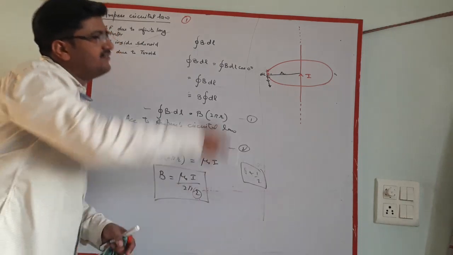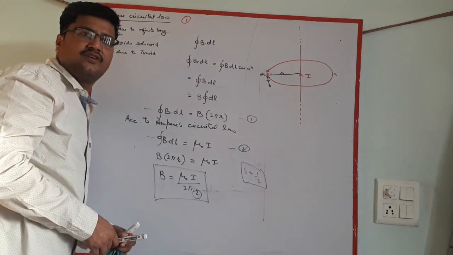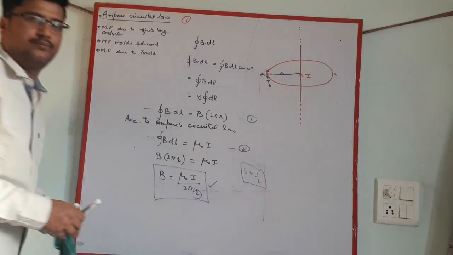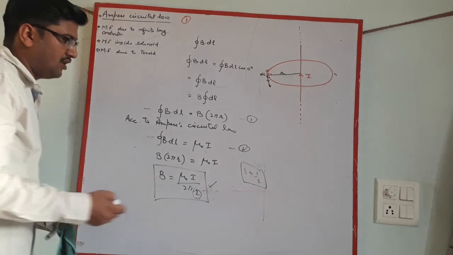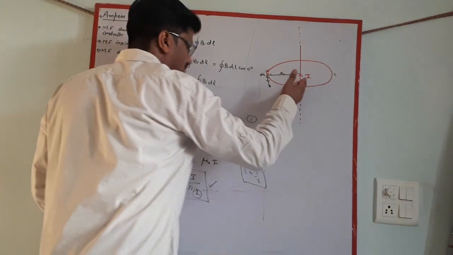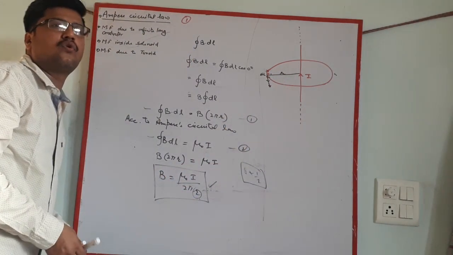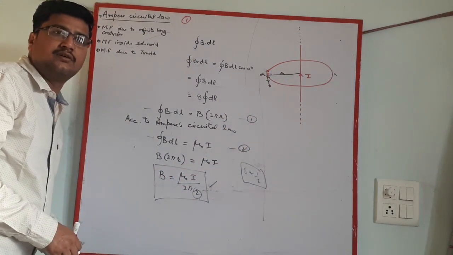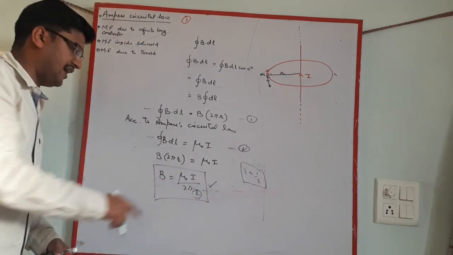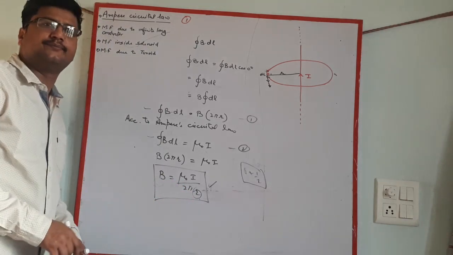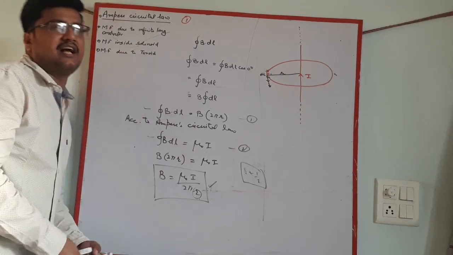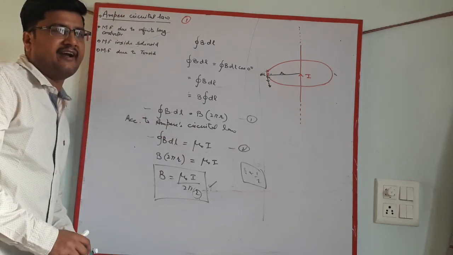Even though the wire has an infinite length, the magnetic field has a finite value. The magnetic field will be infinite only when r is 0. If the point is very, very close, B will grow tremendously. B will become very large if r becomes very small. At r equal to 0, B becomes infinite. Hence we can say that for an infinitely long conductor also, the magnetic field has a finite value.